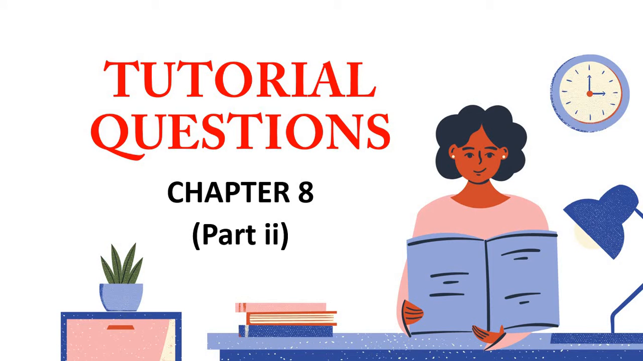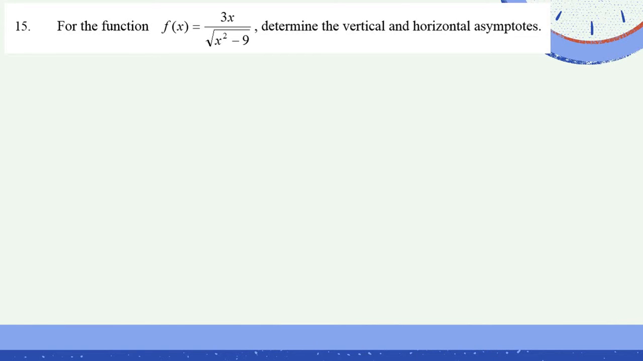Alright, so now we'll proceed to the next part of our tutorial question on chapter 8. Okay, part 2. I'm going to check on the next part of the tutorial questions. So I am going to discuss question number 15. For this question, what we need to do is determine the vertical and horizontal asymptotes